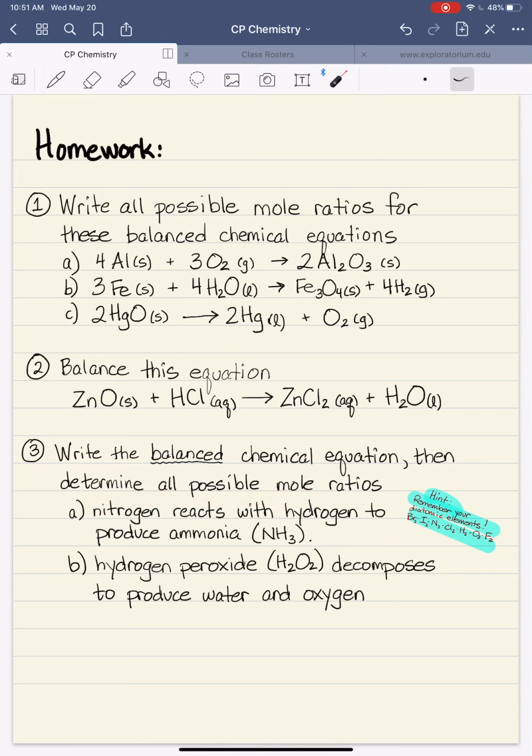Now, these particular 2 have things like hydrogen and oxygen in them. You need to remember your diatomic elements, or the magic 7. I used the term Brinkelhoff because it helps me, and I also said we could remember them using the mnemonic, have no fear of ice cold beer. Okay, so remember, anytime we see oxygen in a chemical equation, it's going to be present as the molecule O2. Anytime we see hydrogen in a chemical equation, it's going to be present as the molecule H2. And that's going to be critical in balancing your